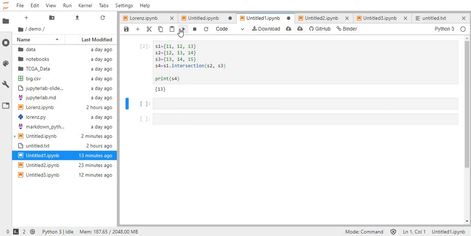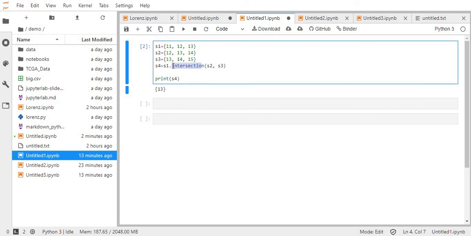Now what if we want the values that are different? To do that, we use the difference method. If I want to see what values are in S1 that are not in S2, then I can say S1.difference and pass in S2 as a value.